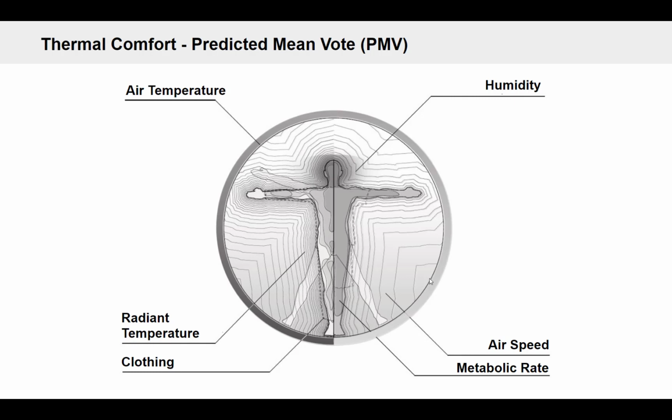So he picked out 6 criteria that he measured in his climate chamber studies to see if he could find at least what the average student of his would say when they were put in the climate chamber. And so he had the air temperature that he measured very well. He had the humidity that he measured very well. He had that radiant temperature that I mentioned, which is essentially the temperature of the surface around the person. He had the air speed that the person experienced, and he had the clothing and the metabolic rate, which is